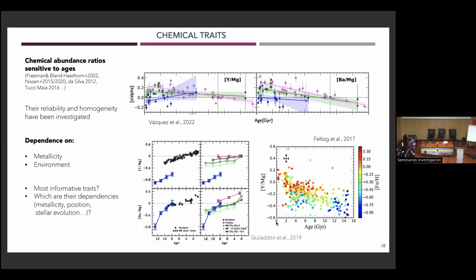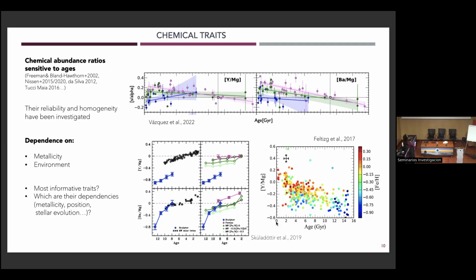So they are for sure a powerful tool to derive stellar ages, and we use chemistry because we know that sometimes age can be very difficult information to derive for stars. But these are some plots that I took from the literature that really show how these chemical traits depend on many factors. For example,